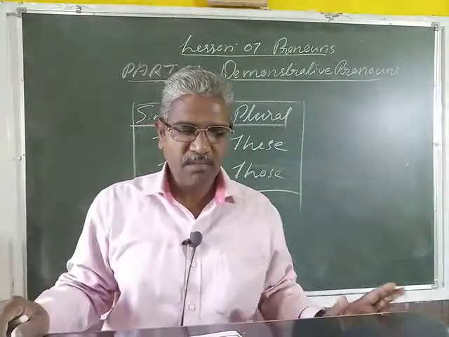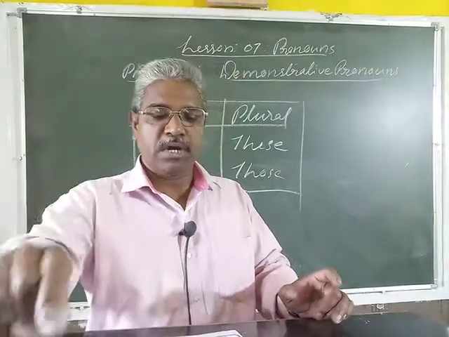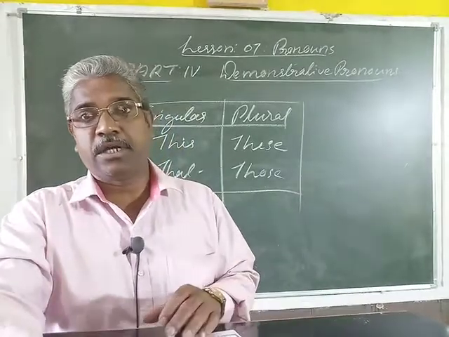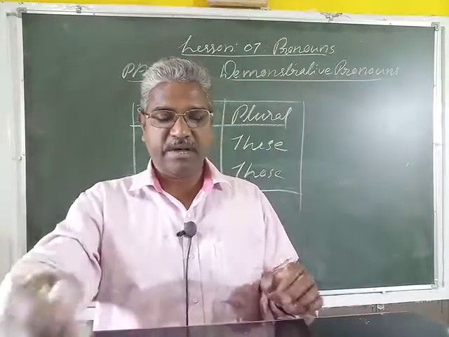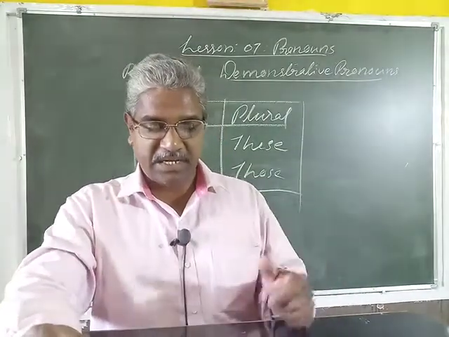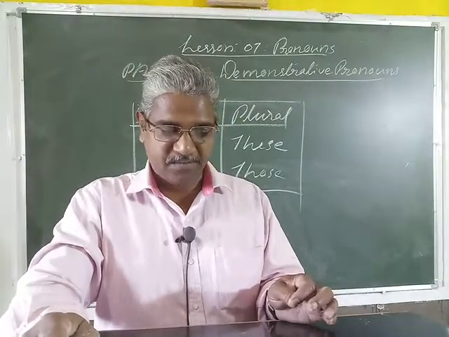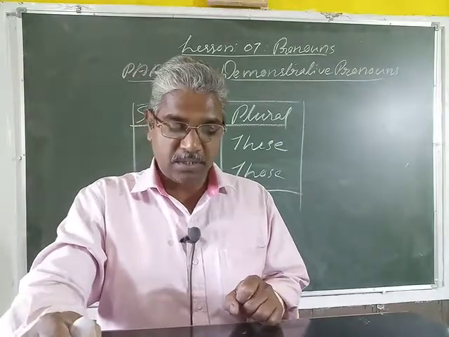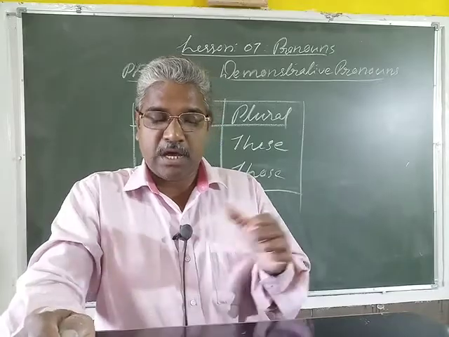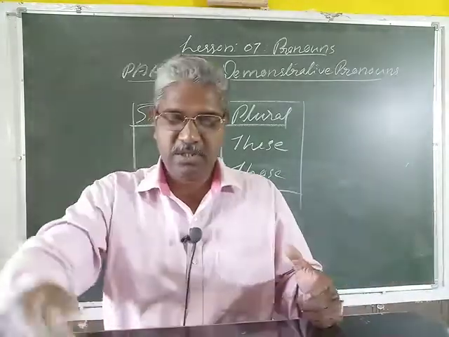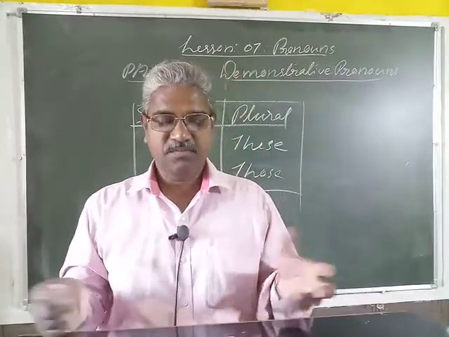Is it clear? One definition is also in your PDF: the words that are used to point out an object are called demonstrative pronouns. A number of examples. This is a big house. These are beautiful pictures. That is a kite. This is my pen. Those are new cars. This is my bouquet. This is the pen I was looking for. That is a watch that I bought yesterday. This is your bouquet. Those are new houses. These are old houses.